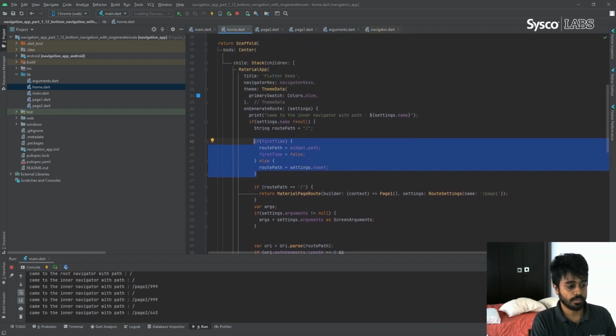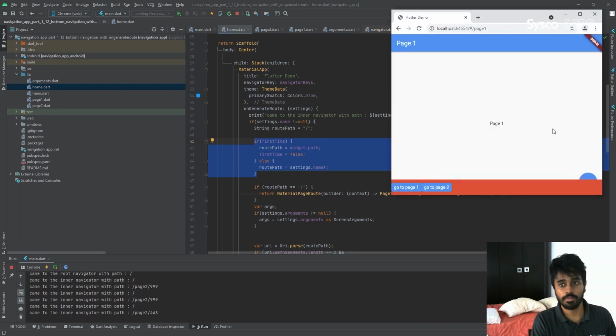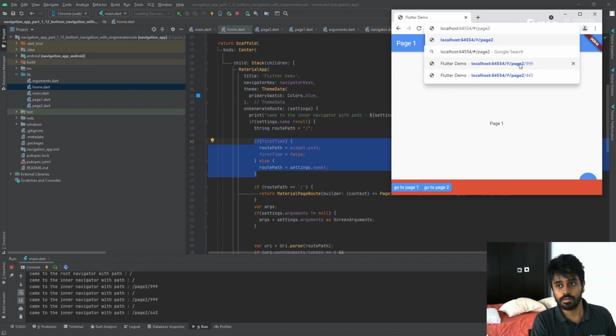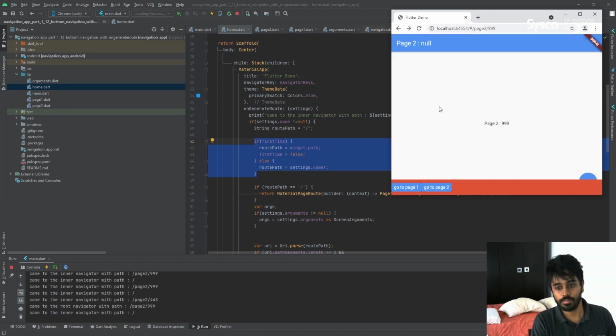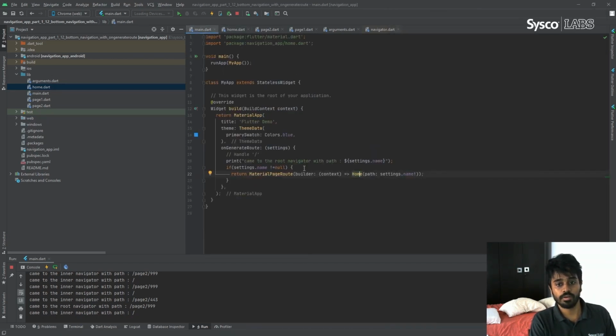I'll explain why. Since this is a web application, anyone can change this URL to some other URL, right? Then you might want to navigate into that page depending on the URL. For example, if you share this URL with someone, you need them to access this page with the same data you are seeing, right? In order to do that, when you change the application URL, the application will get reloaded, so then the main page will get called again here.